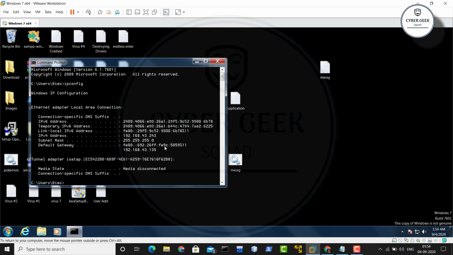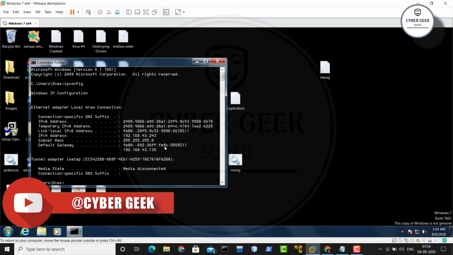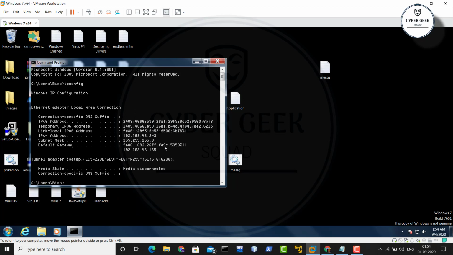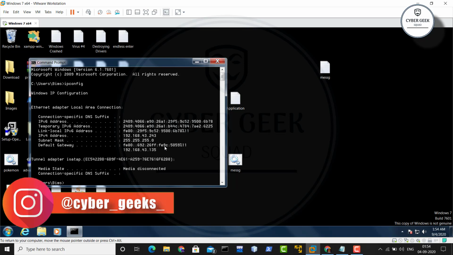Now let me give you a basic example of how we are going to disable the internet connection for a temporary period. When you are connected to the internet, there is an IP address assigned to your system, right? Your physical identification for your internet. Whatever it is, when you're connected to the internet, you get an IP address.